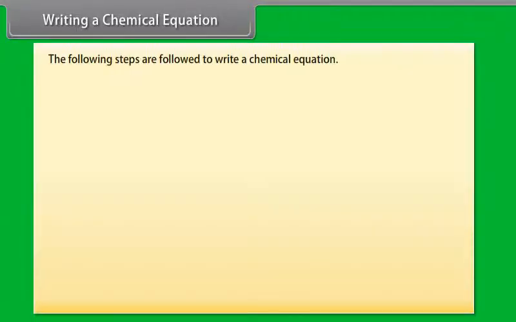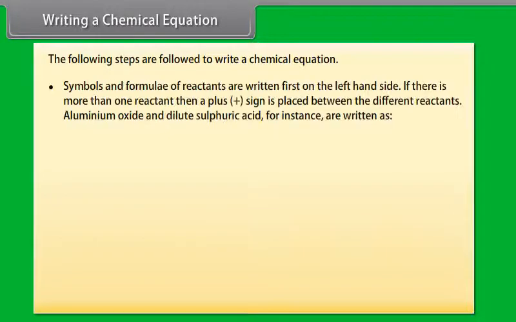Writing a chemical equation. The following steps are followed to write a chemical equation. Symbols and formulae of reactants are written first on the left-hand side. If there is more than one reactant, then a plus sign is placed between the different reactants. Aluminium oxide and dilute sulfuric acid, for instance, are written as